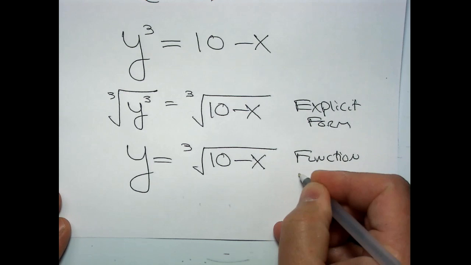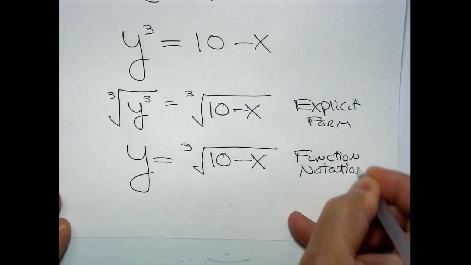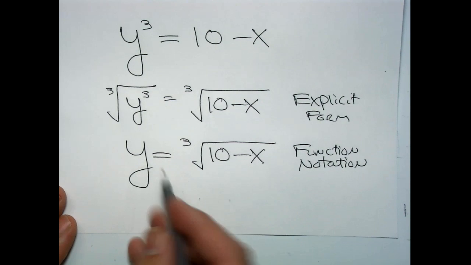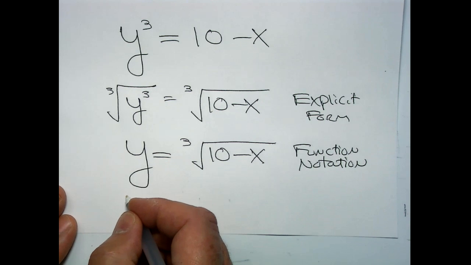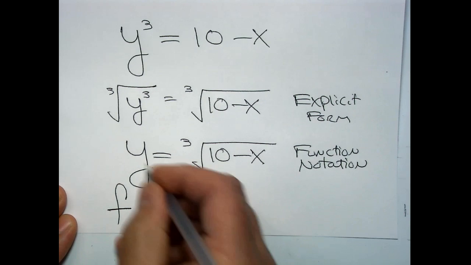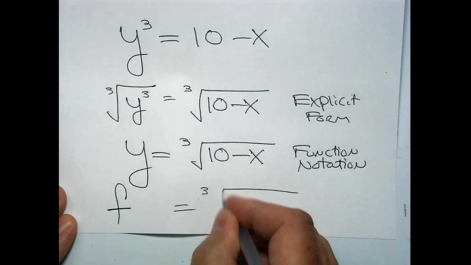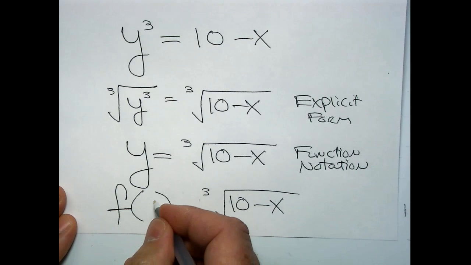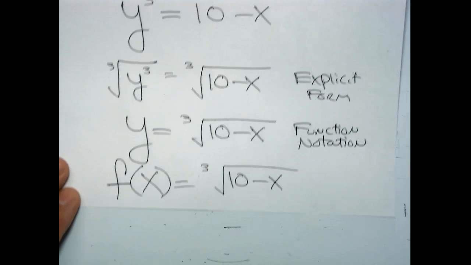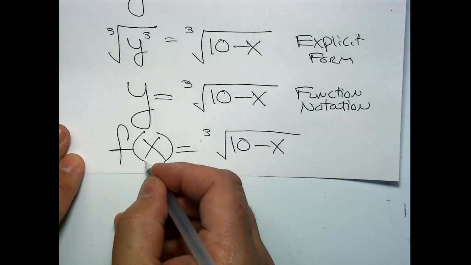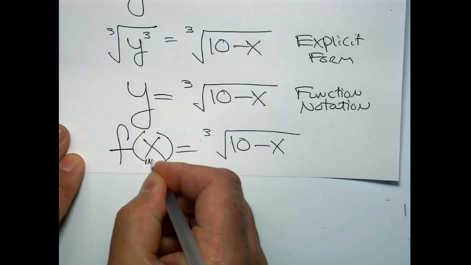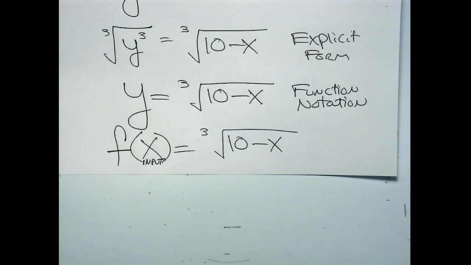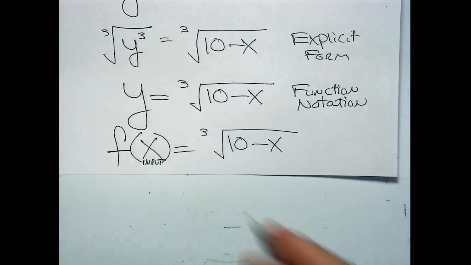Function notation recognizes that all of your functions start with y equals, if they're in explicit form. So instead of using y all the time, we use letters like f, g, and h. In fact, let's use the letter f instead of my y. Next to the f, we put parentheses, and we put a letter x inside. Now, be careful, that is not f times x. X is just sitting in there reminding us that x is your input to the problem. X is your input, and your output